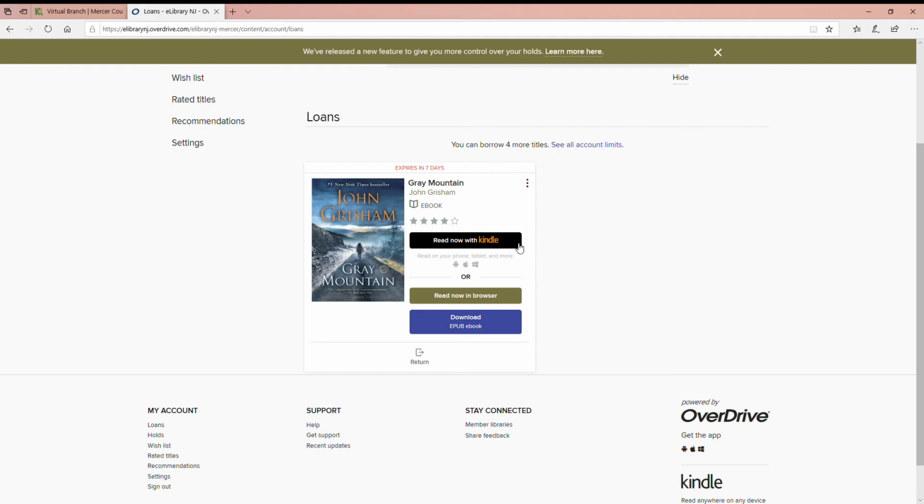Another note about the Kindles, the Kindle Fire does not work with the Libby app, but there is an older version of the app called Overdrive Media Console that you can download and that will work on the Kindle Fire. So if you do want to read these on Kindle Fire, look for the old Overdrive app instead of the